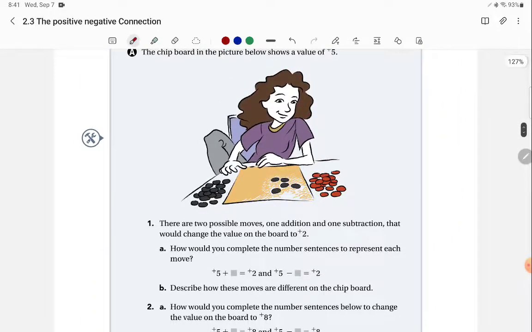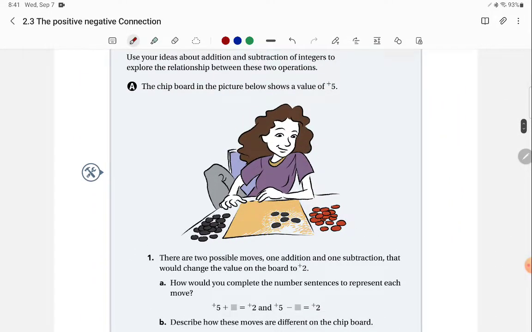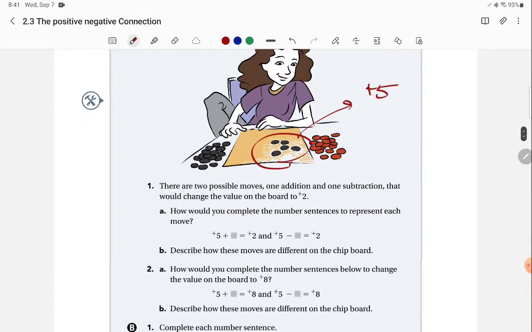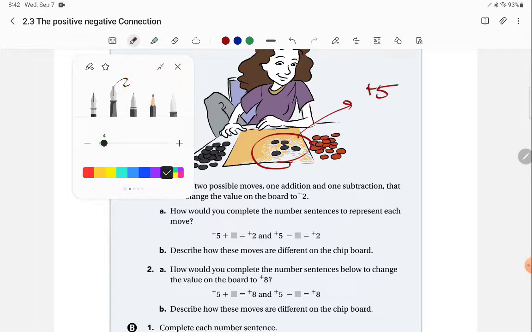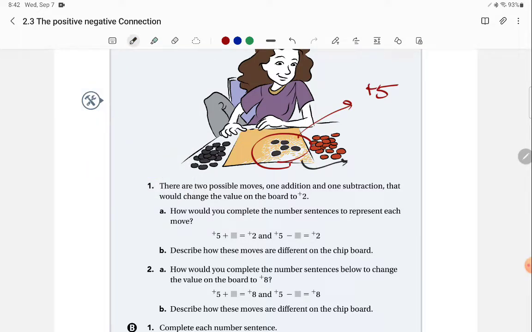Okay, like here we have a chipboard. On this chipboard, the chipboard below shows a value of +5. So you have those 5 black, and that's where that +5 comes in, right? So then it talks about different changes that you could make. It says there are 2 possible moves, 1 addition, 1 subtraction, that would change the value on the board to +2. So our goal is to get a chipboard that then looks like this,